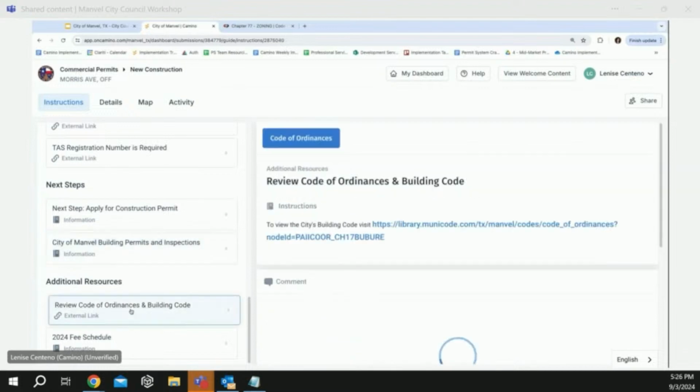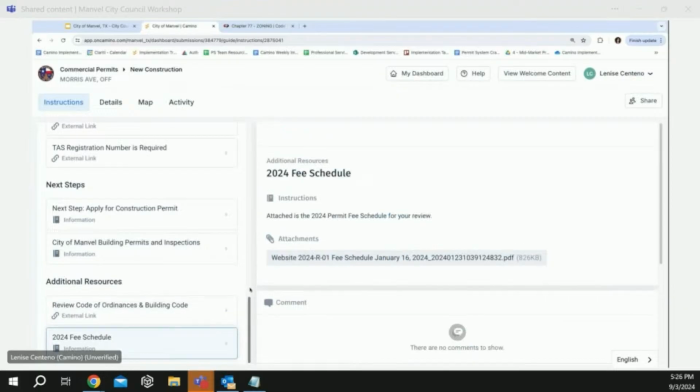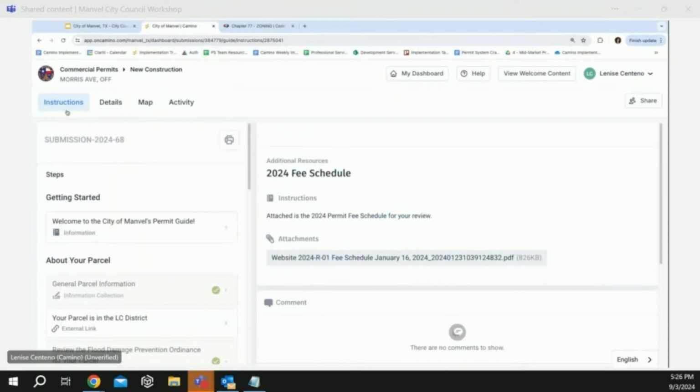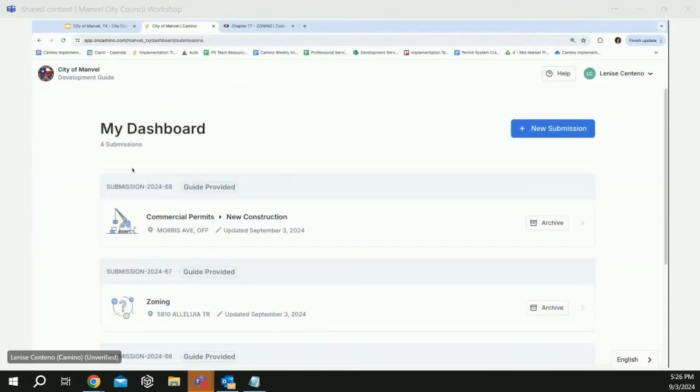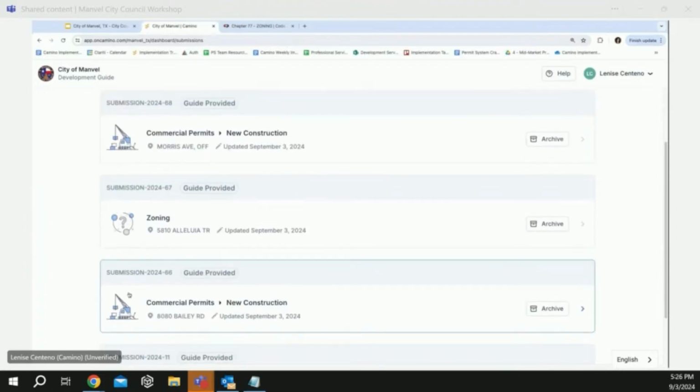We can always include additional resources. So here we have links to the Code of Ordinances, building code as well, and also the fee schedule. And I do want to show, on my dashboard here, from an earlier submission.